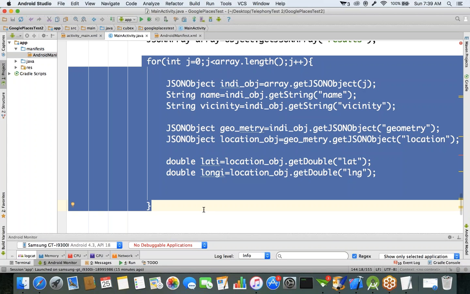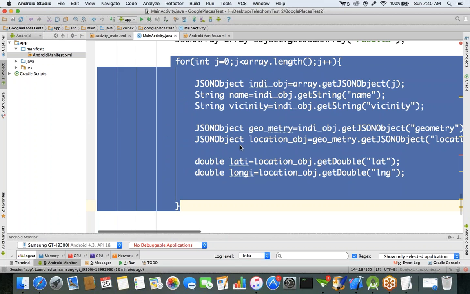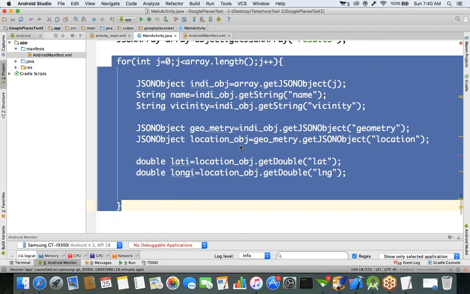But we are just reading the values. We are not storing these values anywhere. Understand my statement? We are just reading the values, but we are not storing them anywhere. For storing these values, whatever data we are reading from the